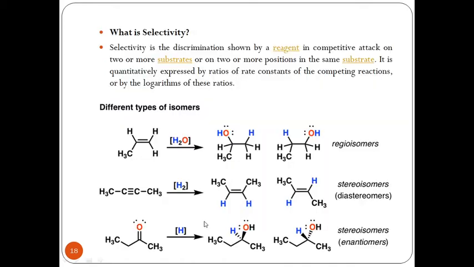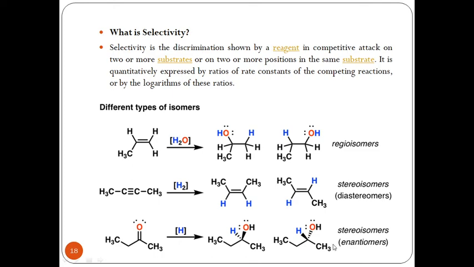Now, the next system that I can observe is a ketone, which is ethyl methyl ketone. In this, I want to reduce the carbonyl carbon by attack of hydrogen. If I want to attack with this hydrogen, this will be under hydrolytic condition. What is going to happen is that OH can either attack from above the plane, or OH can attack from below the plane.